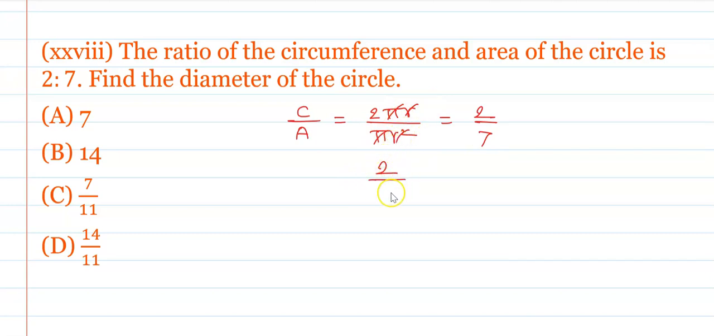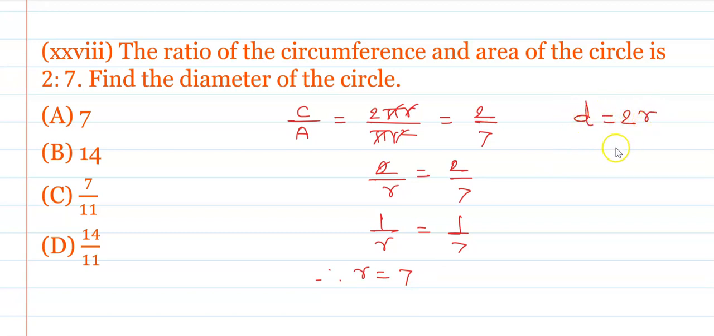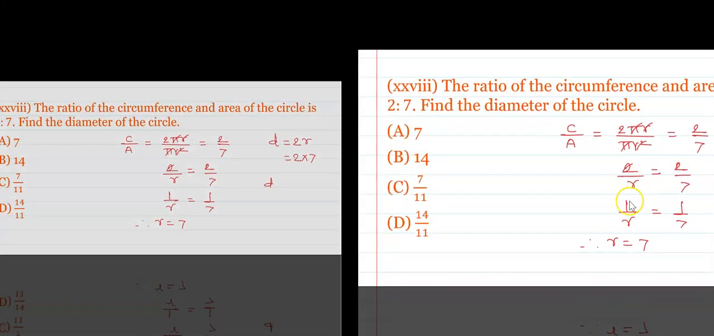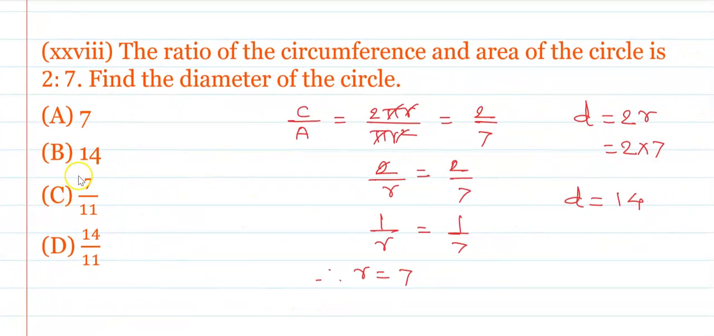That is you will get 2/r is equals to 2/7. Again this 2 will get cancelled. You will get 1/r is equals to 1/7, and hence r is equals to 7. Okay, that is the radius of the circle is 7, and therefore the diameter D is equals to 2 into r is equals to 2 into 7, that is equals to 14. Diameter of the circle is 14, and therefore the option B is a correct one for this